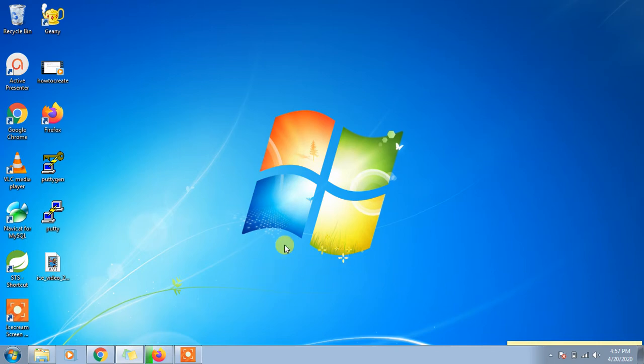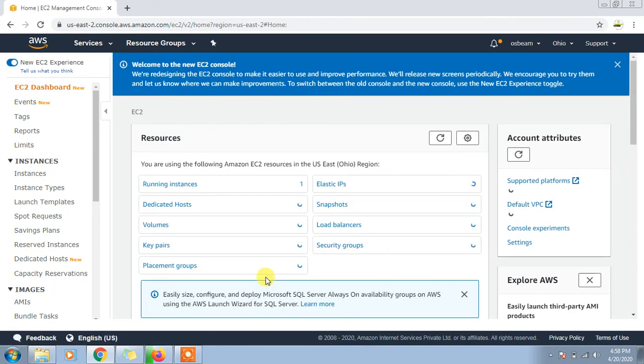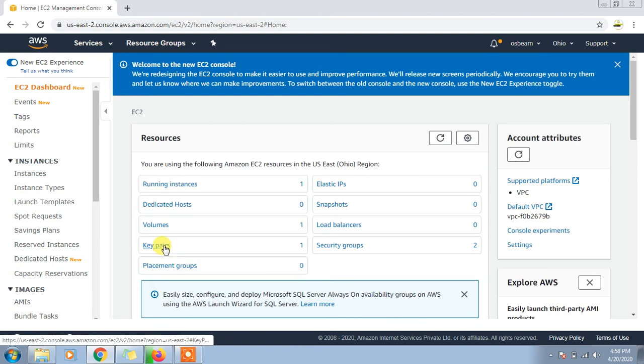Let's begin. For that, first we have to go to our EC2 AWS console. On your EC2 dashboard you can see key pairs.